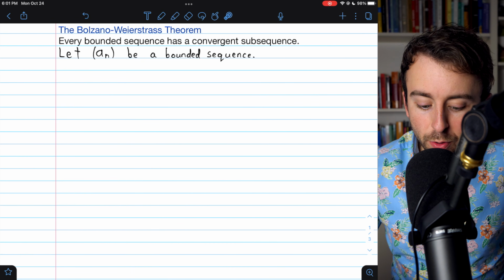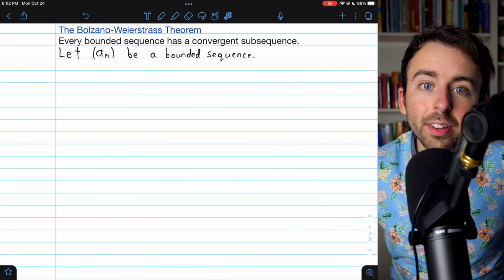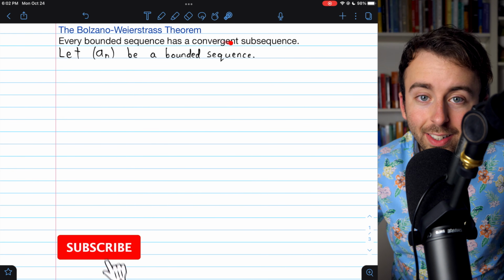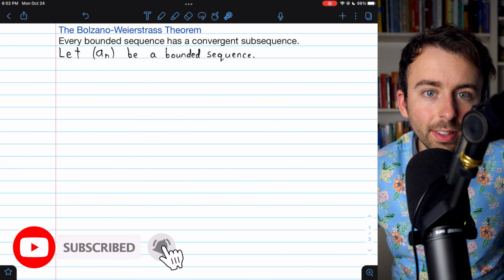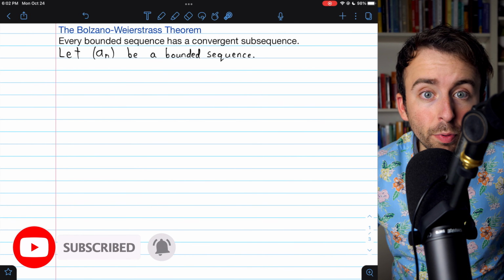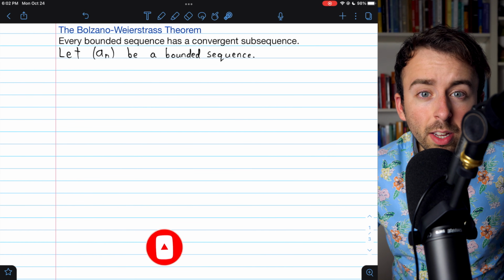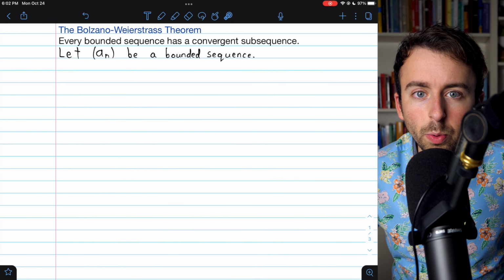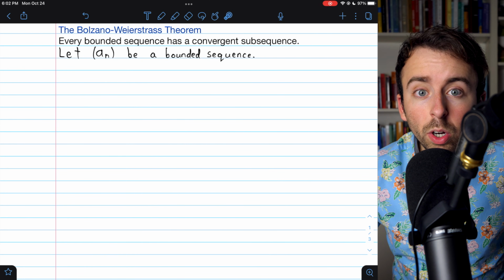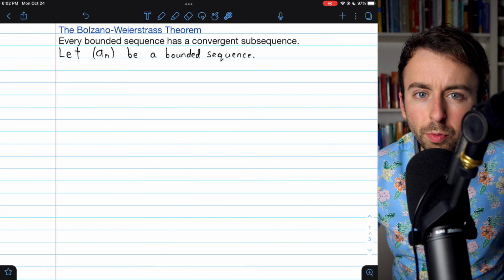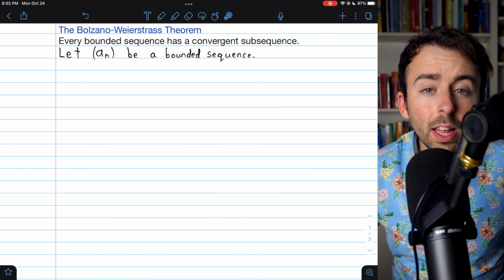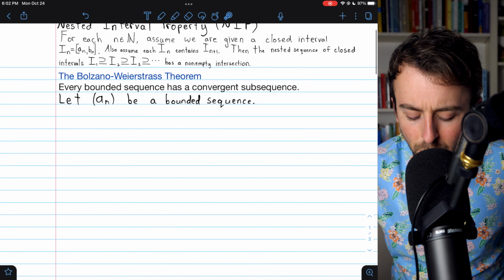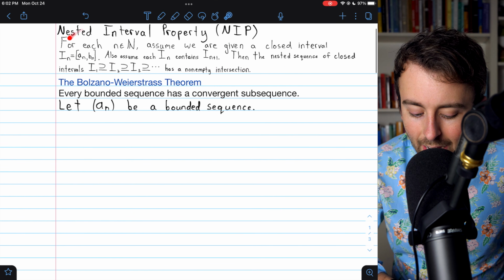Today, we're going to prove the Bolzano-Weierstrass theorem, which states that every bounded sequence has a convergent subsequence. In a previous lesson, we proved this same theorem using a couple of previous results concerning monotone sequences. However, today we're going to prove this result using fewer previous results. The only big result we're going to use for this proof is the nested interval property, which is stated here,